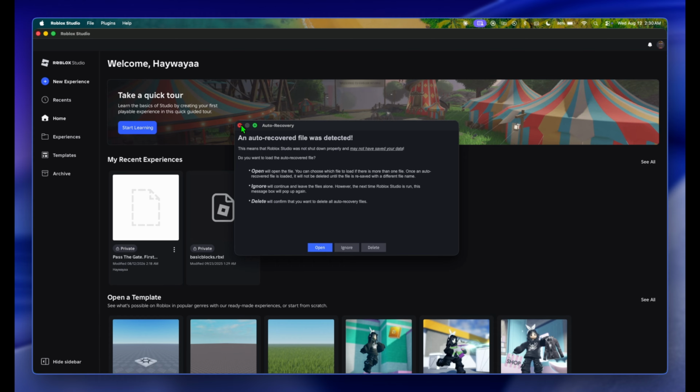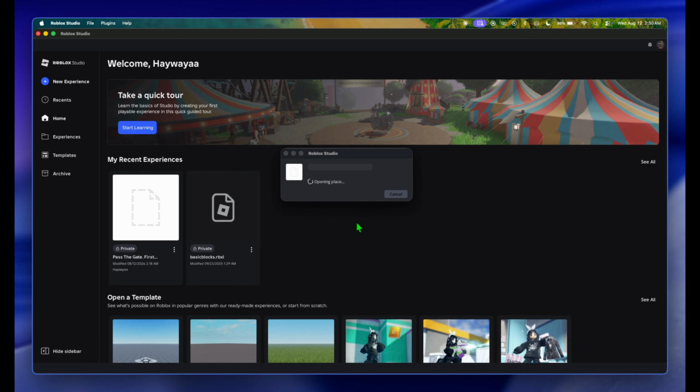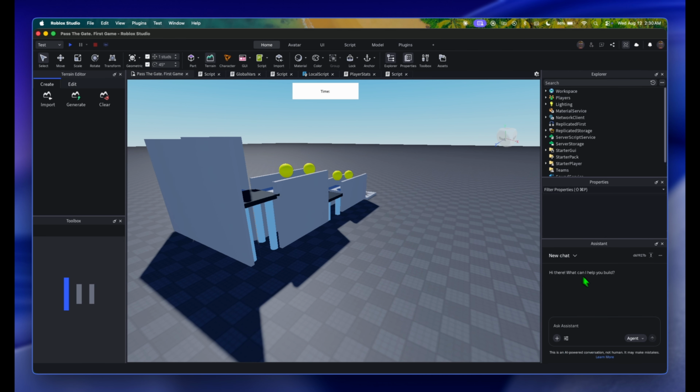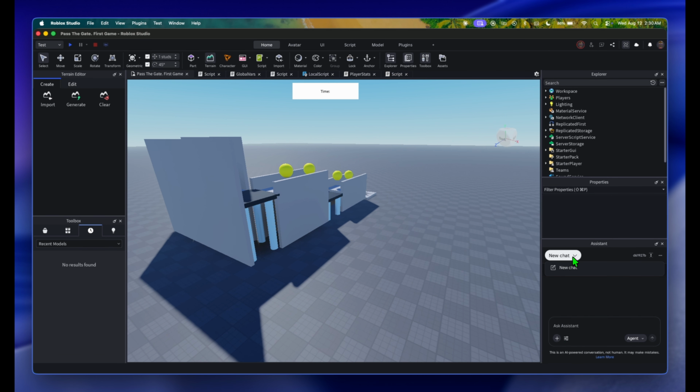Now when we open up a project, now that we've connected Claude to Roblox, under the AI assistant chat, we should have Claude active there now. Now that's how to connect